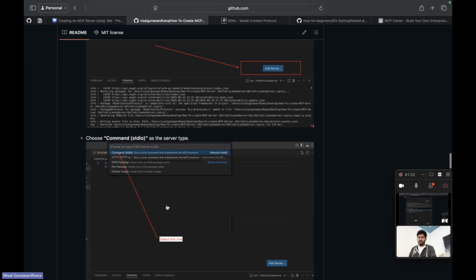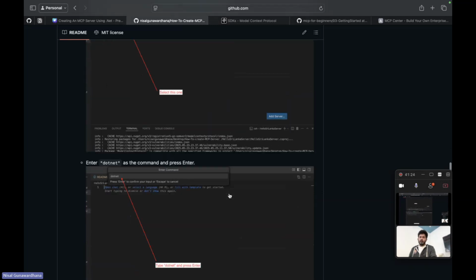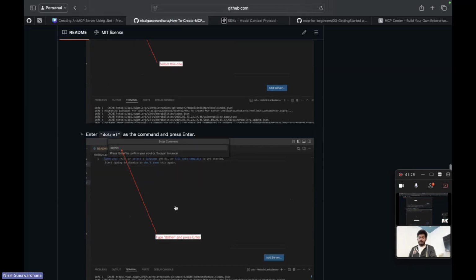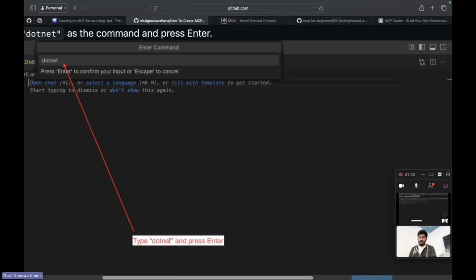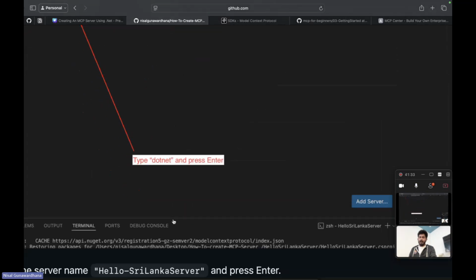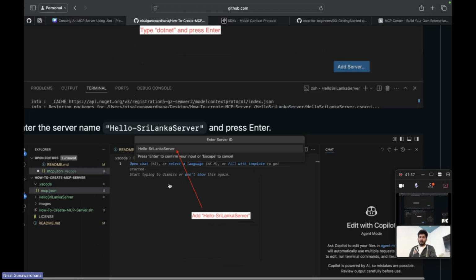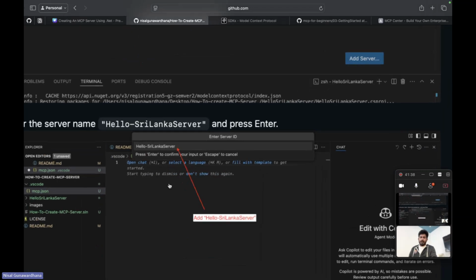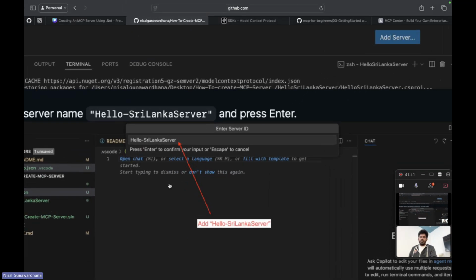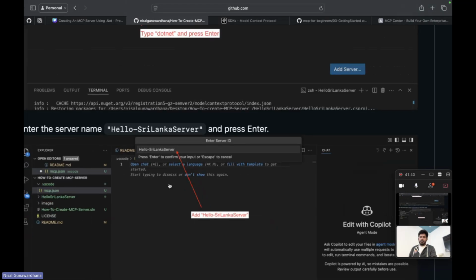Once you select this, then what happens? Then we have to enter the type. We add dotnet as the type and press enter. Once we add this, we have to add the server name.